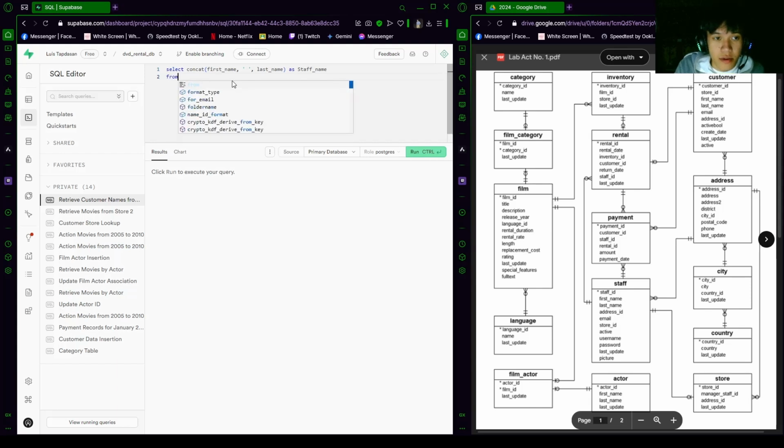So we're going to write from staff, and then after that, we're going to be using where, and it will be in the staff table. That's we're going to locate staff, where staff ID equals, and now we're going to be using the subquery.